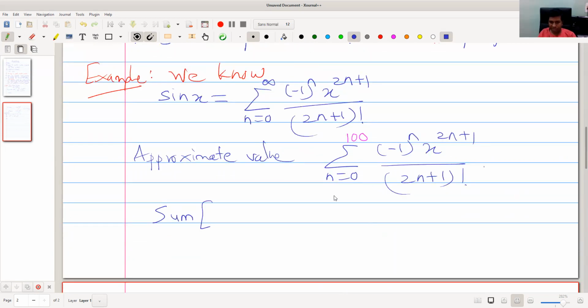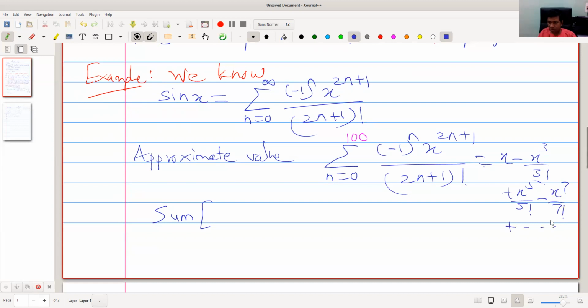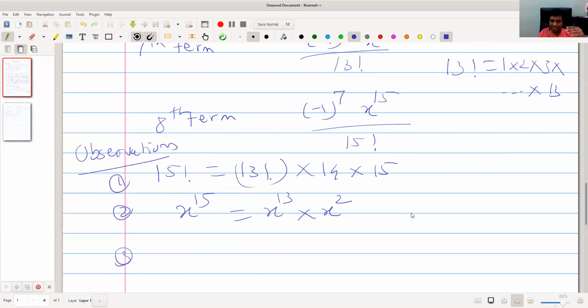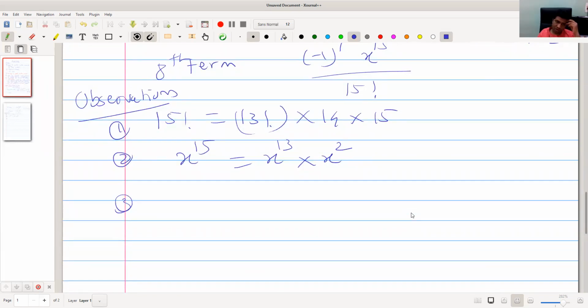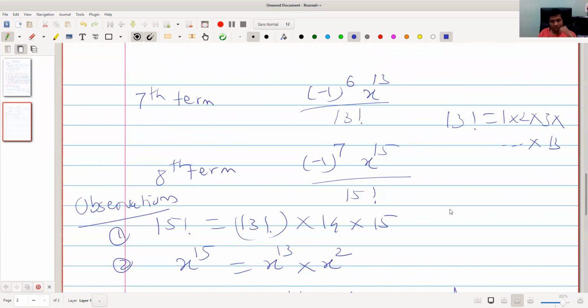So this is nothing but x minus x cubed by 3 factorial plus x raised to 5 by 5 factorial minus x raised to 7 by 7 factorial plus, and so on. So I should utilize this: the sign alternates, plus and minus.